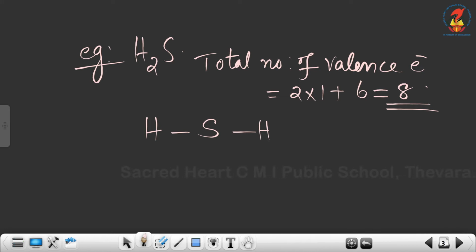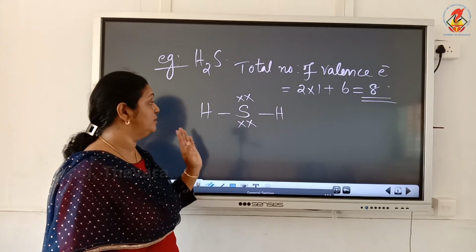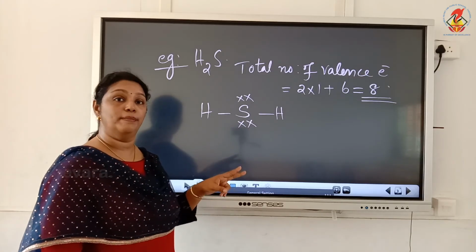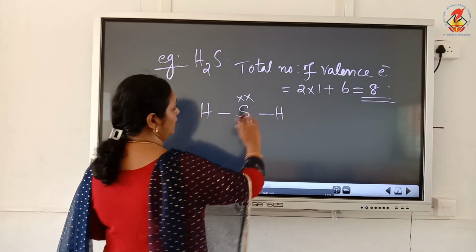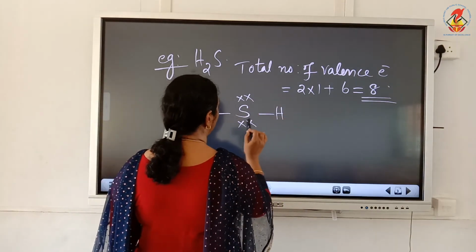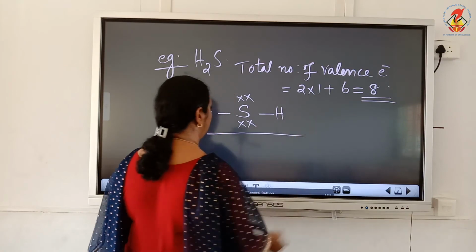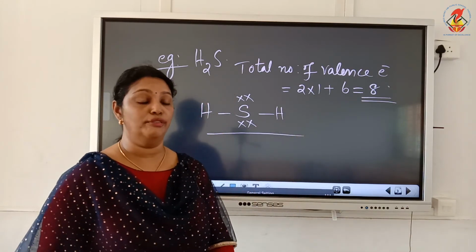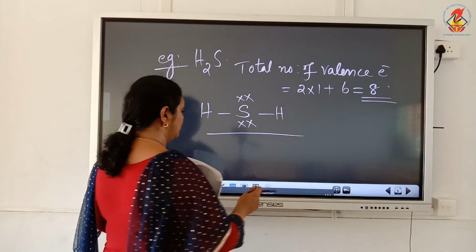Now complete the octet around sulfur. Sulfur already has 4 electrons. Now 4 more electrons needed. Hydrogen's octet is already complete because hydrogen needs only 2 electrons. Now if you check, the total number is 8. Number of electrons 2, 3, 4, 5, 6, 7, 8. So this is the Lewis structure of hydrogen sulfide. Now the next example is